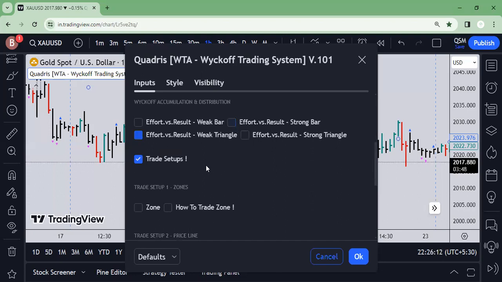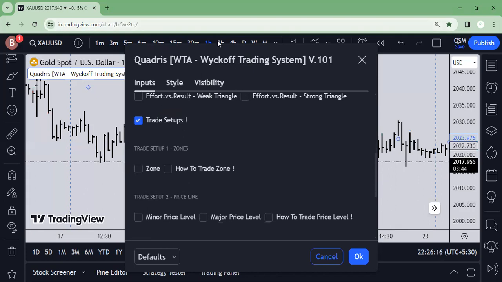So now we come to the main part, which is trade setups. Trade setup one is based on zones. So what these zones do and how to trade them. I have taken two things. I did two things. One is